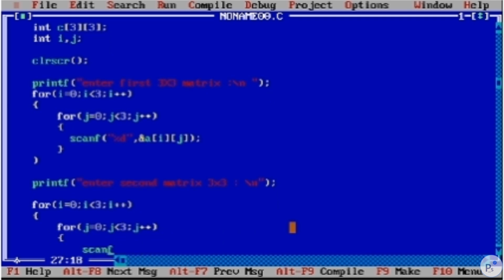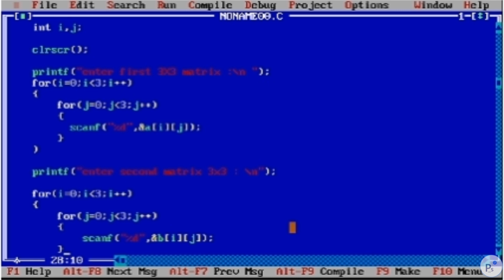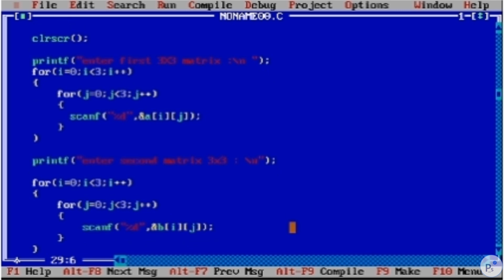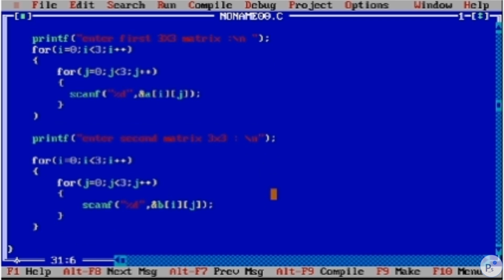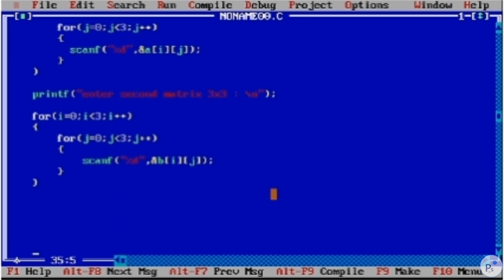And simply scanf %d comma ampersand, we are storing that in b. We have defined that as a 3 by 3 matrix. So in this way we have got two-dimensional arrays. Now we want to perform the addition operation.